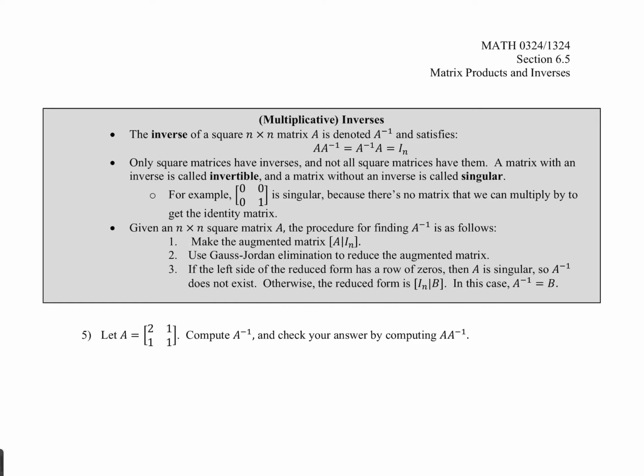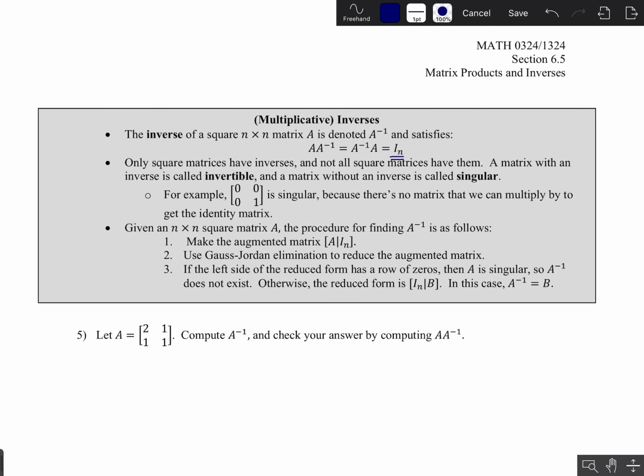So the last topic in this section is multiplicative inverses, or matrix inverses. The idea here is that we now know that the diagonal ones matrix is the multiplicative identity of ordinary numbers, and something that's often useful in ordinary numbers is being able to divide by a number. And that's the same thing as multiplying by its inverse. So notice that if we were talking about scalars, if I wanted to divide by a 7, that's the same thing as multiplying by a 1/7, and 1/7 is called the multiplicative inverse